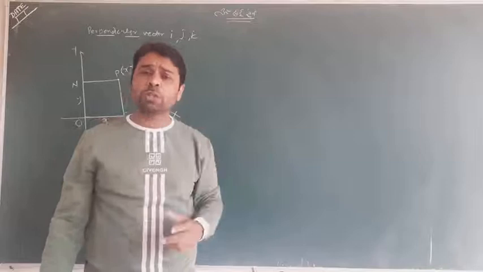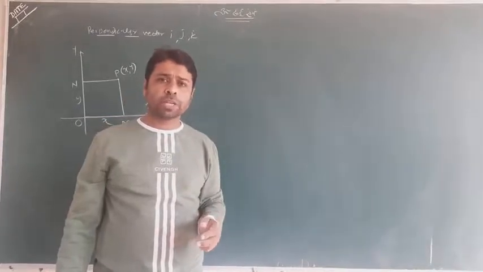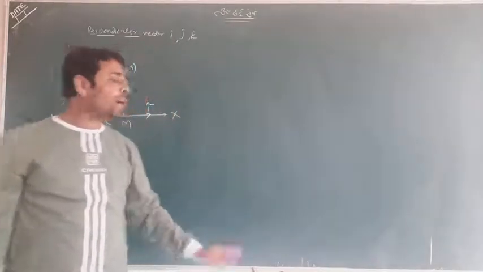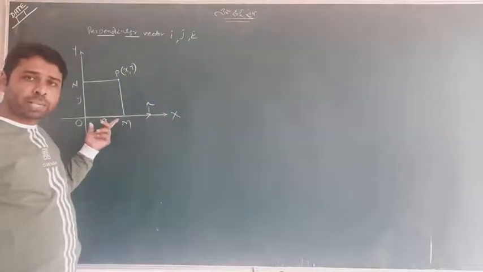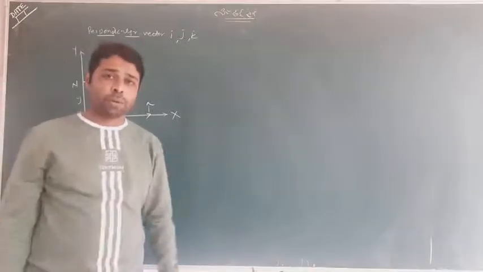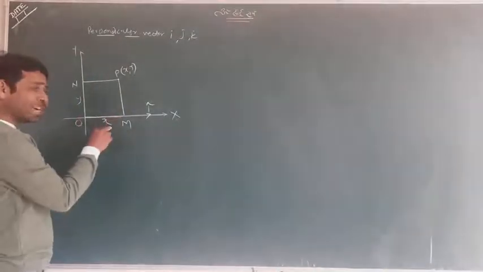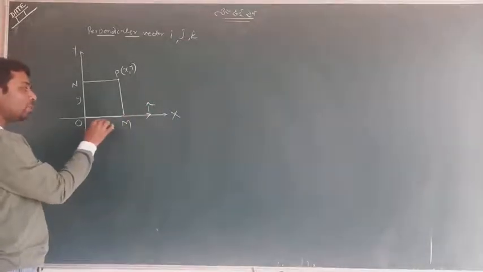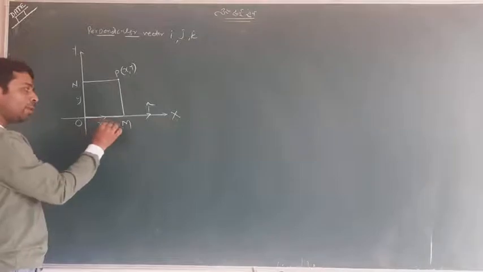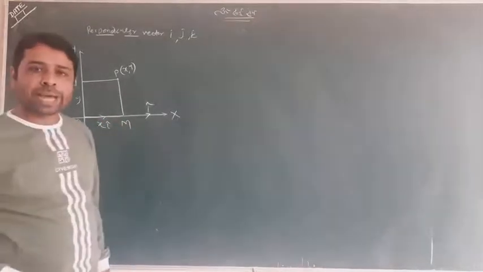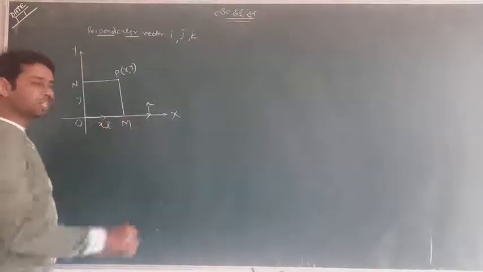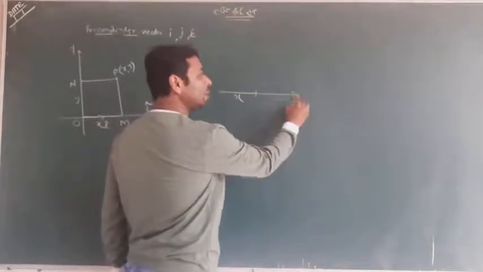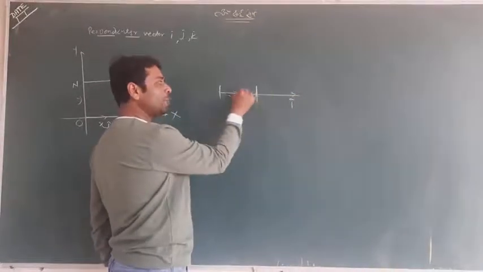You used this also in your concepts and derivations. But right now, please try to understand why i cap is taken. i cap is taken because you wanted to convert any particular distance into vector form. So this distance is x. Now if i cap is taken, this distance x can be converted into a vector which is xi cap. Again, it is x, I took this i cap, this time it will be a vector xi cap.